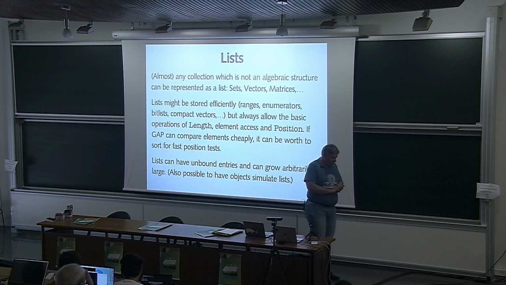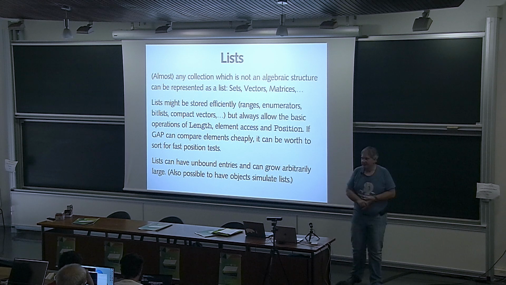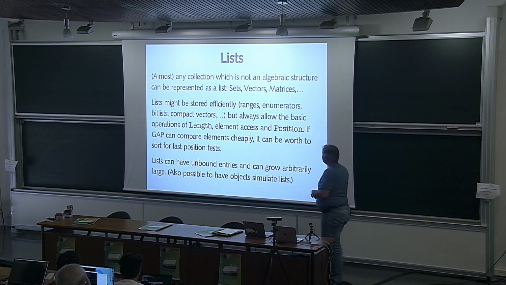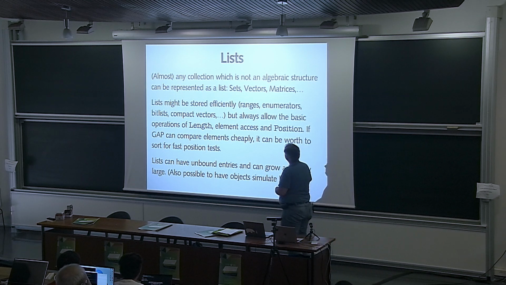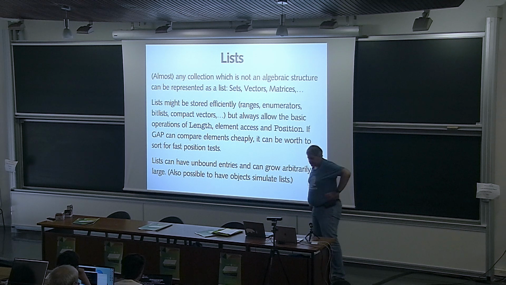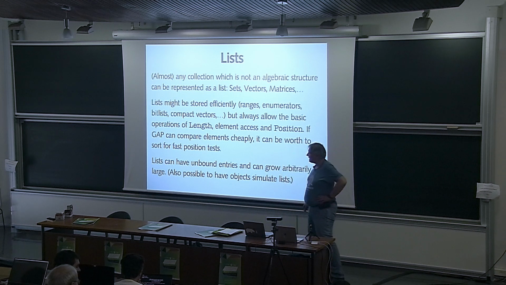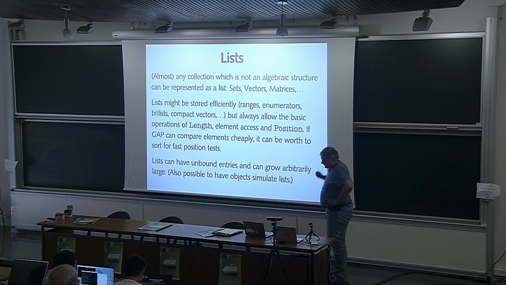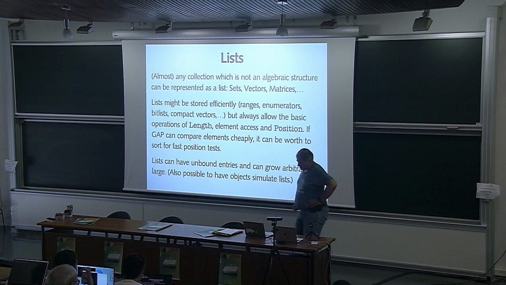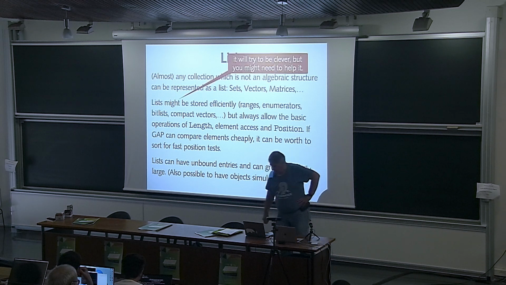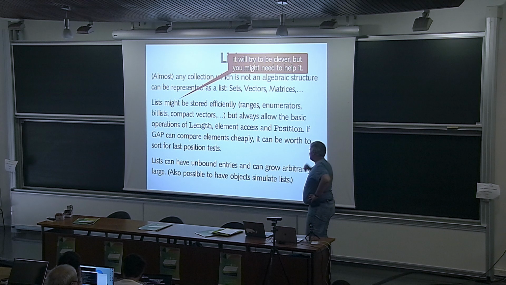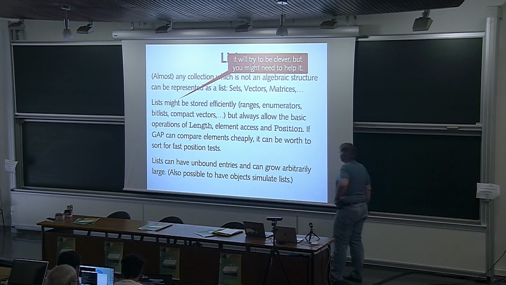Yeah, the most important data type is lists, and that's because basically any collection of objects, sets, vectors, matrices, they're all represented by lists or by things which behave like lists. GAP tries to store lists efficiently. It tries to be clever. It doesn't always manage on its own. One can help it